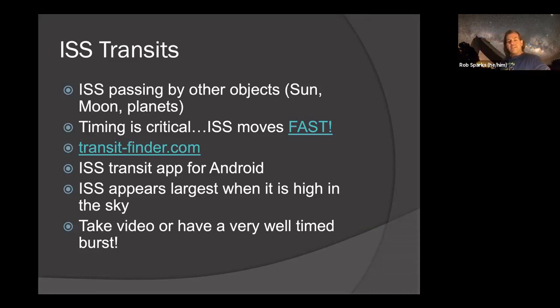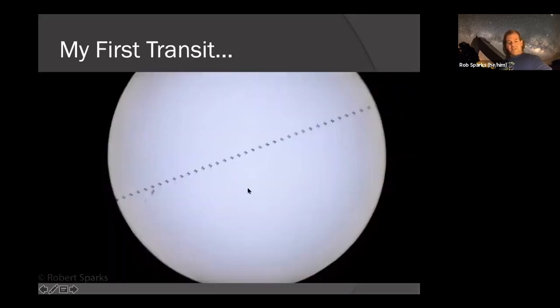So I usually use about a 3x digital zoom factor, along with a 600 millimeter lens on a crop sensor. Well, 600 times 1.6 is about 980 millimeter focal length equivalent to a 35 millimeter camera. With a 3x digital zoom, I'm operating a touch short of 3,000 millimeters with that setup. So you can actually get some pretty good detail with a 3,000 millimeter setup. And here's my very first ISS transit. We actually had a sunspot there at the time too.